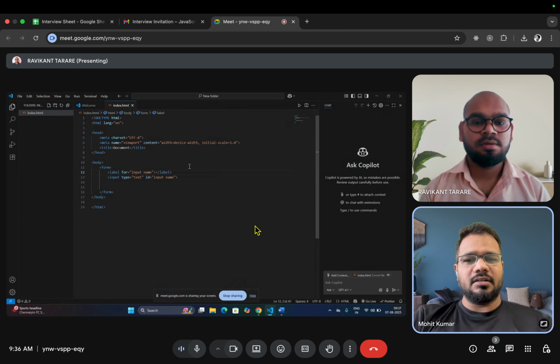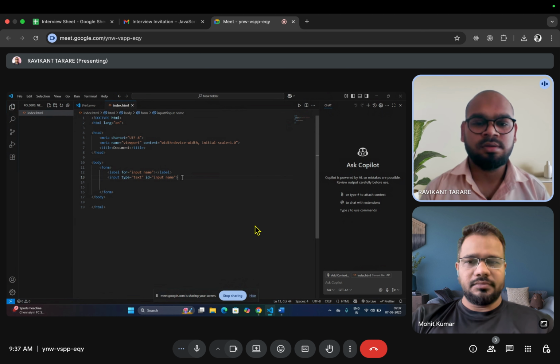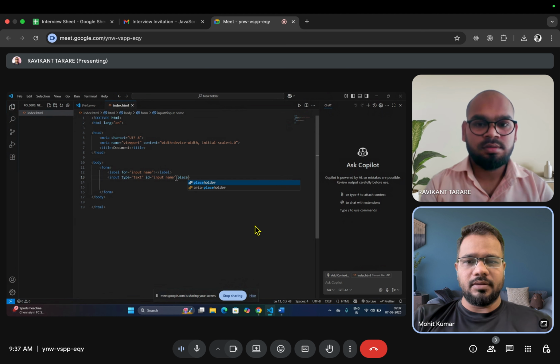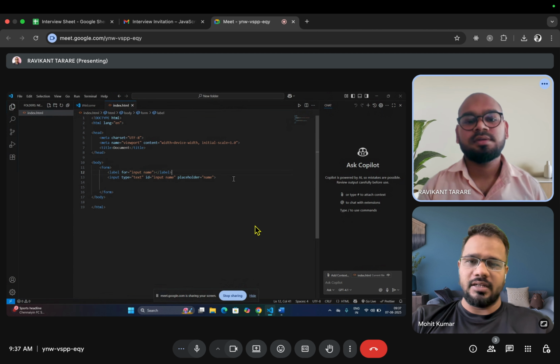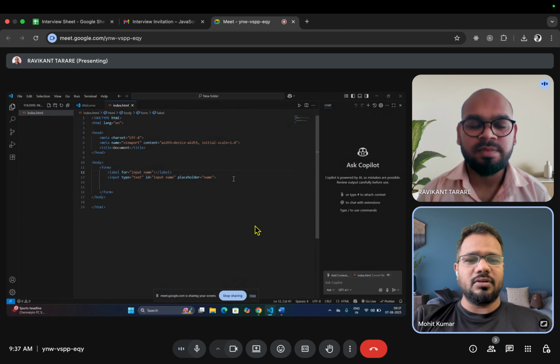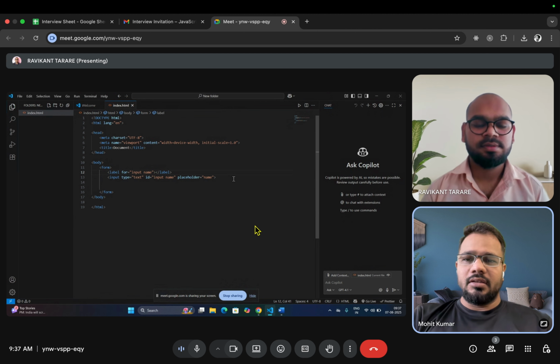We can use a placeholder also. Yes, sir, we can use a placeholder here. No problem, I just want to know why you use it. We don't need to write this in that case. It totally depends on the designer, how they design it to look. Okay, that's good.